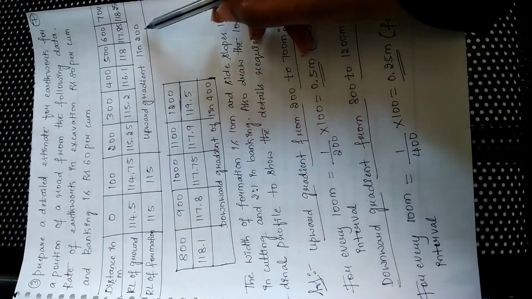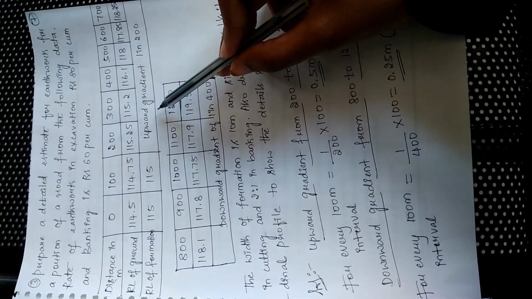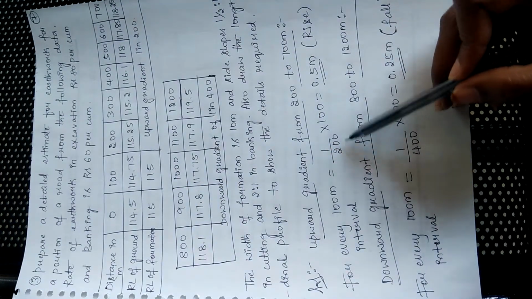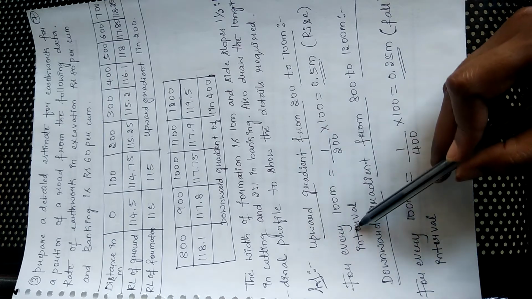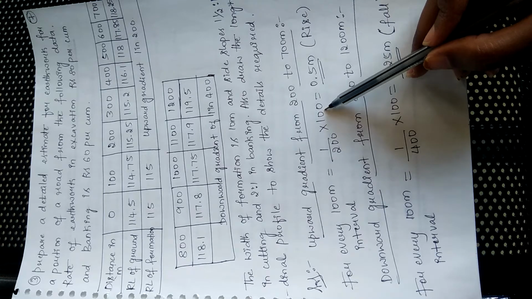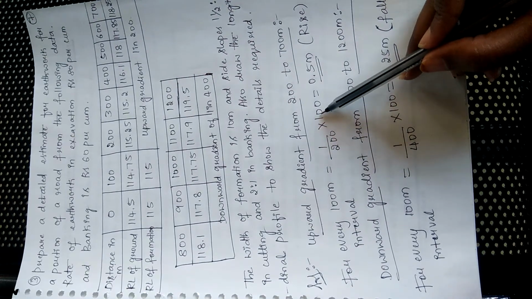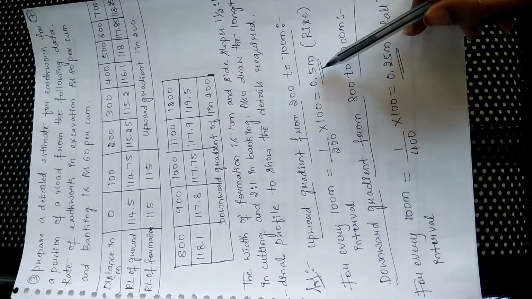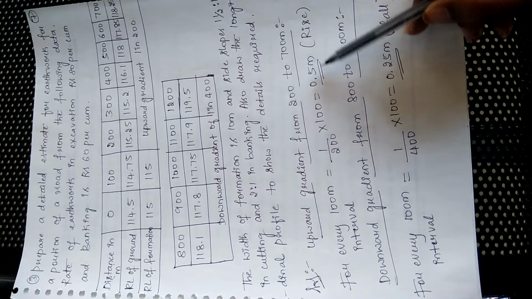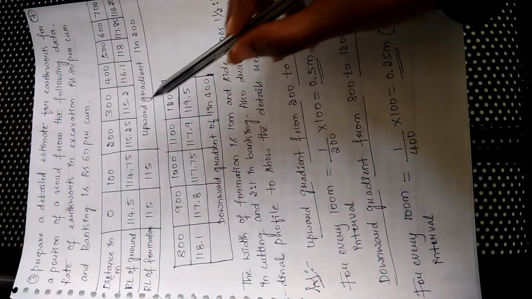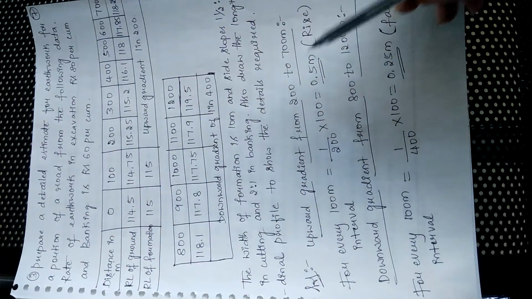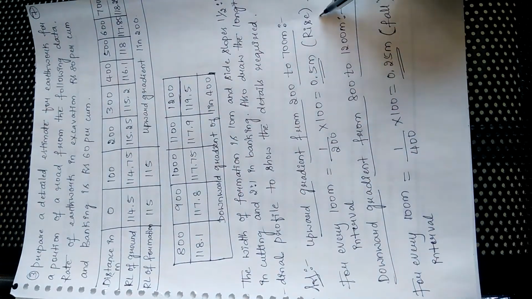So let us take the upward gradient slope, which is given as 1 in 200. You just write that as 1 by 200 into, as we are finding the height for every 100 meter interval, the interval should be taken as 100 here. Now, on dividing 100 with 200, you will get a reading of 0.5 meter, and this reading represents the height of the rise. Because the gradient which is coming in between 200 to 700 is an upward gradient, that's why I wrote this height as rise.